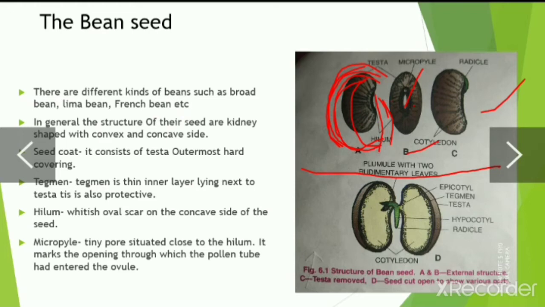So students, in this structure, micropyle plays an important role. So what is its function? When the seed is soaked in water, it absorbs water with the help of this micropyle and makes this water available to the embryo. And the second is diffusion of respiratory gases. The exchange of gases is done by the micropyle because that is the only opening in the seed, and with the help of this water and respiratory gases, the embryo grows healthier. Okay,